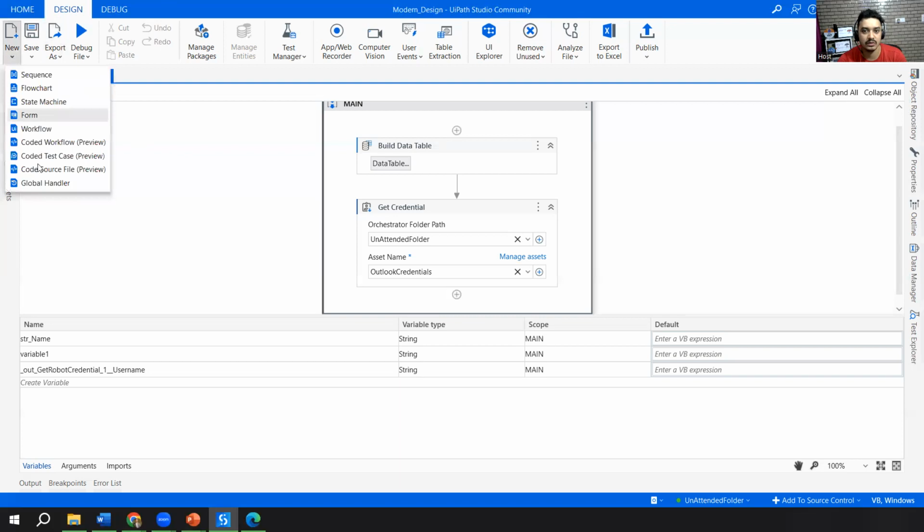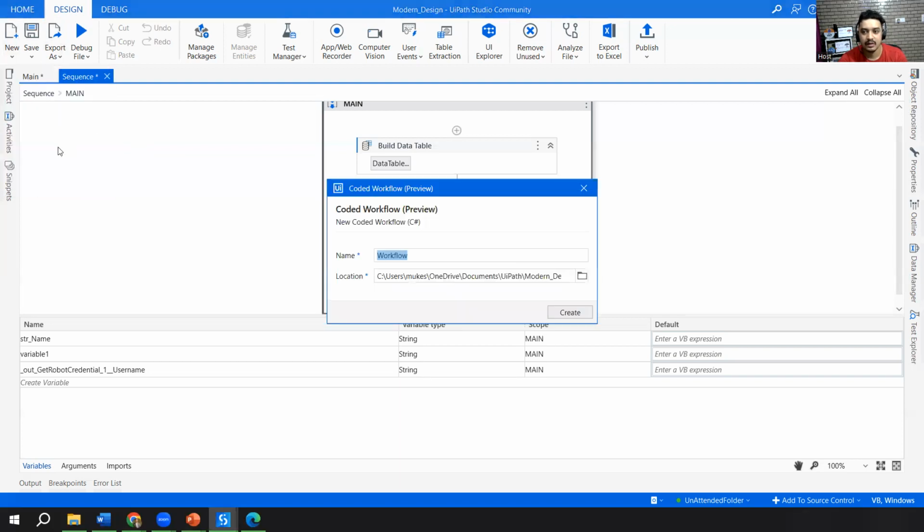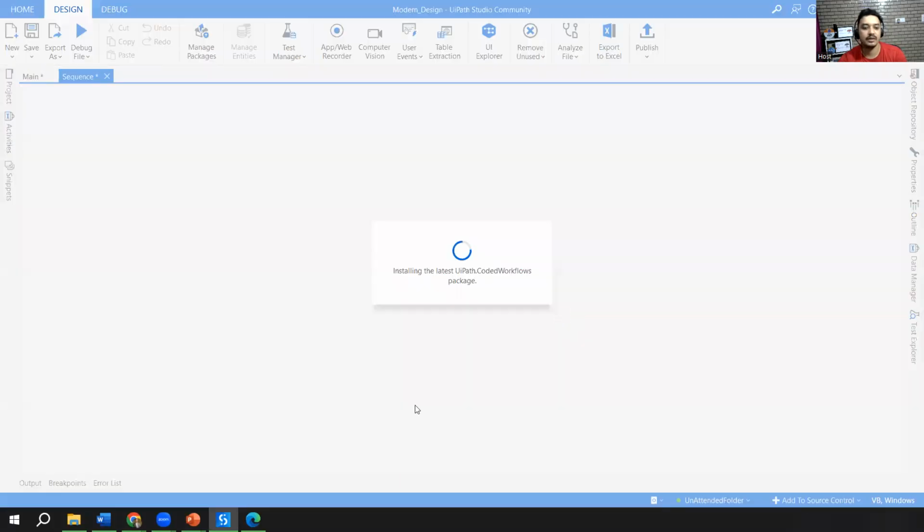So I can go here, new, I say coded workflow, I can say create, and it will automatically generate a .cs file for me. And same like I code in Visual Studio, now as a developer, you can code in